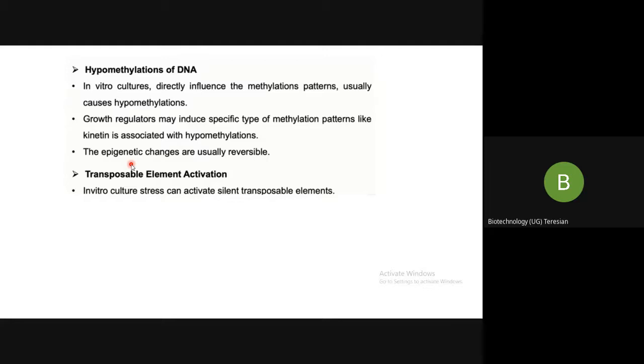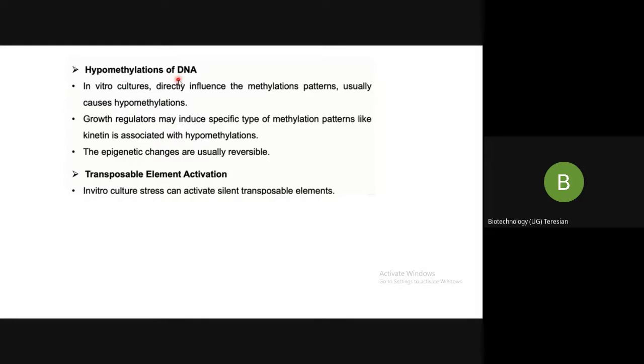So that is what DNA methylation is. What is this hypomethylation of DNA? Hypomethylation means a loss of the methyl group in your cytosine or in your guanine. That is, in highly repeated DNA sequences. Because who produces this? It is all produced by growth hormones, for example kinetin and naphthalene acetic acid. All these cause hypomethylation. So this is known as hypomethylation of the DNA.